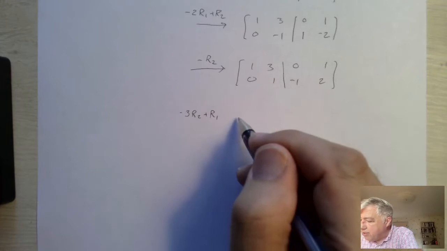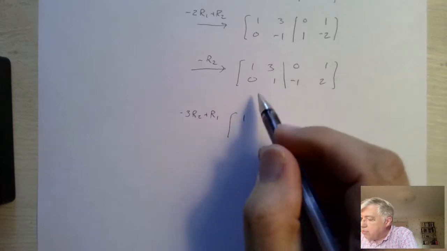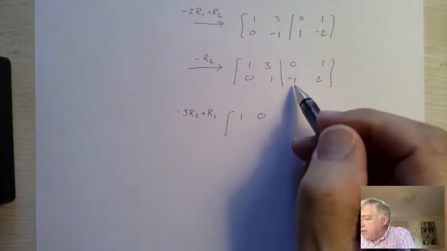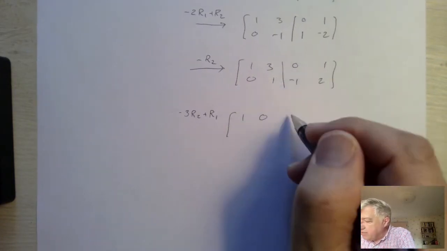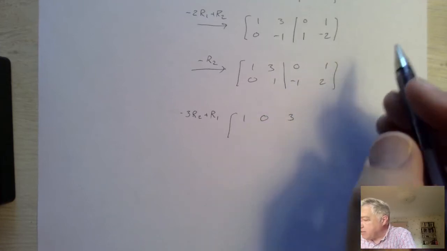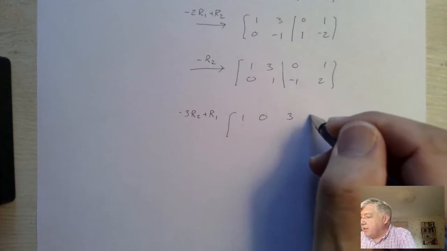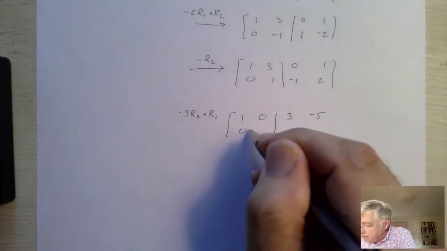to R1. So this is 0 plus 1 is 1. Negative 3 plus 3 is 0. Negative 3 times negative 1 is positive 3. Plus 0 is positive 3. And then we have negative 6 plus 1 is negative 5. So we get,